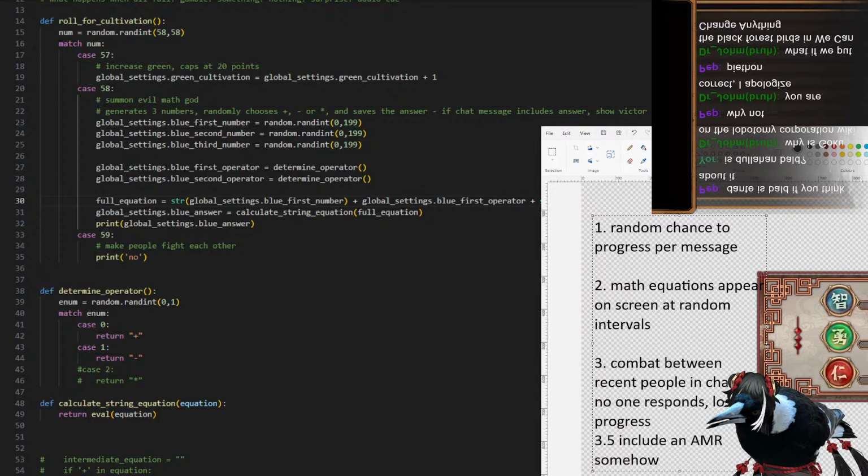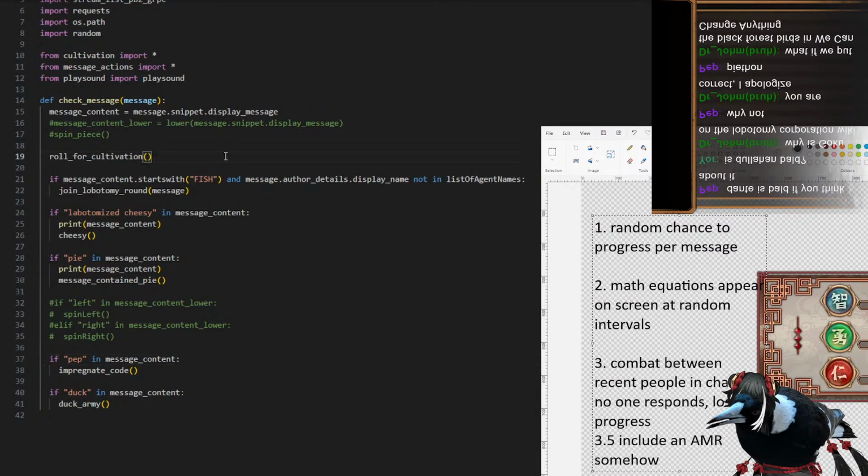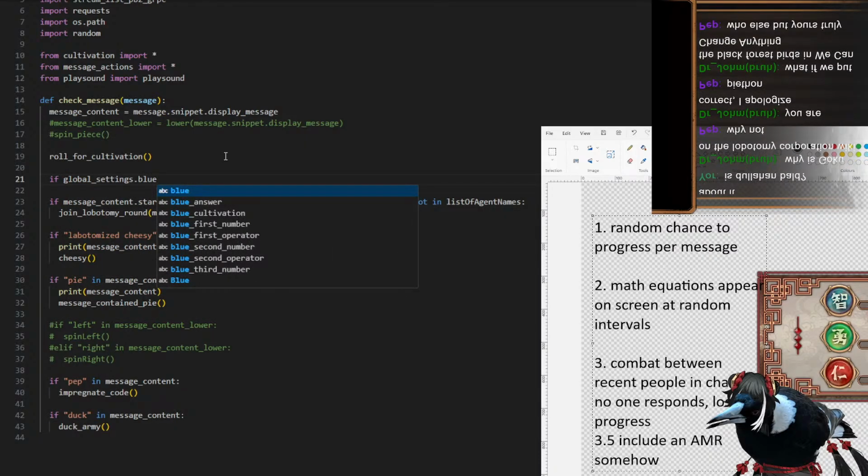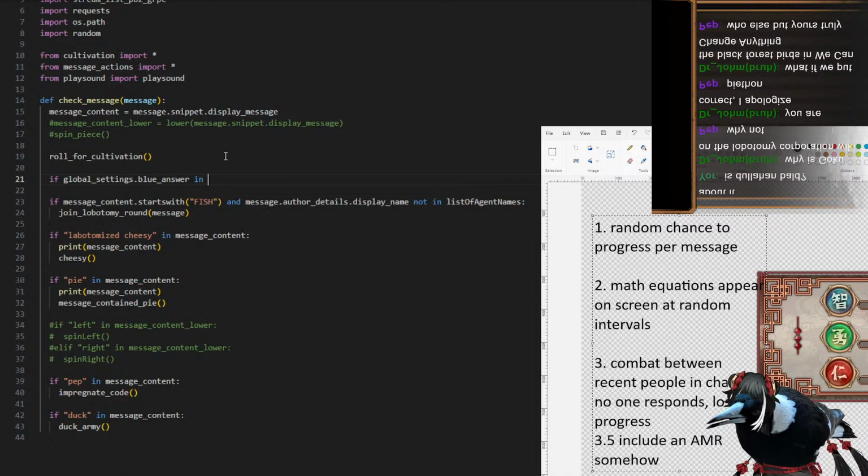Alright, good news. It looks like it works. Python? Who said Python? Pep. Well done. Alright. So, you can't see it, but I can see that it's actually calculating numbers. Which is good. So, now, I need to check if global settings blue answer. So, in the check message, if global settings dot blue answer in message content, then